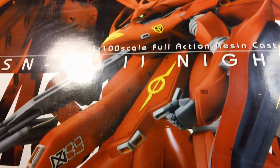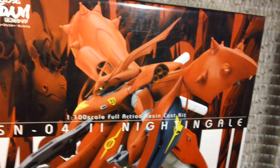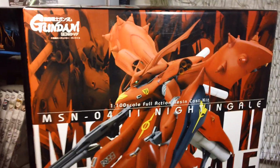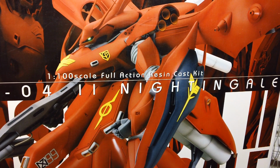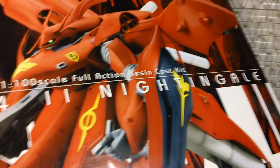And before all of you go off looking up the original retail price of this kit, which is ridiculously expensive in my opinion, I will say that I paid a little bit over half price for this. I got a really, really good deal on it, so I feel very comfortable with the price I paid. So anyway, now that all that's out of the way,